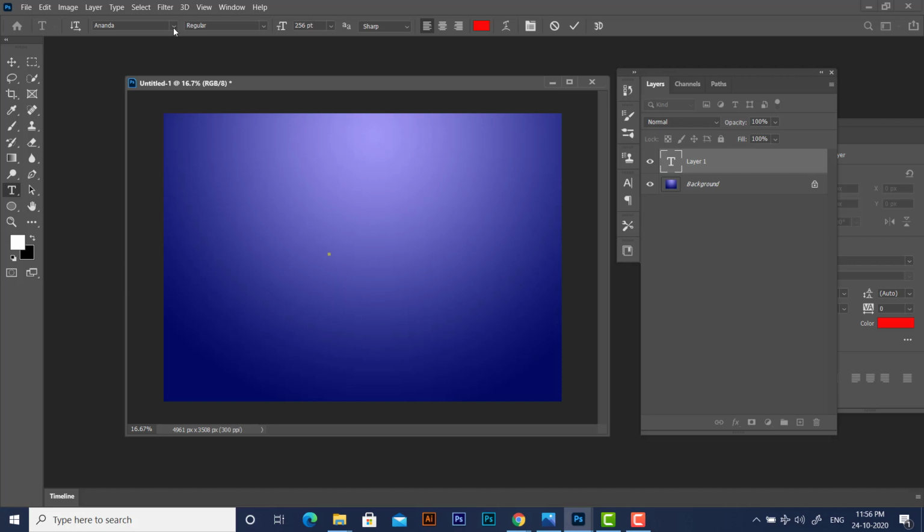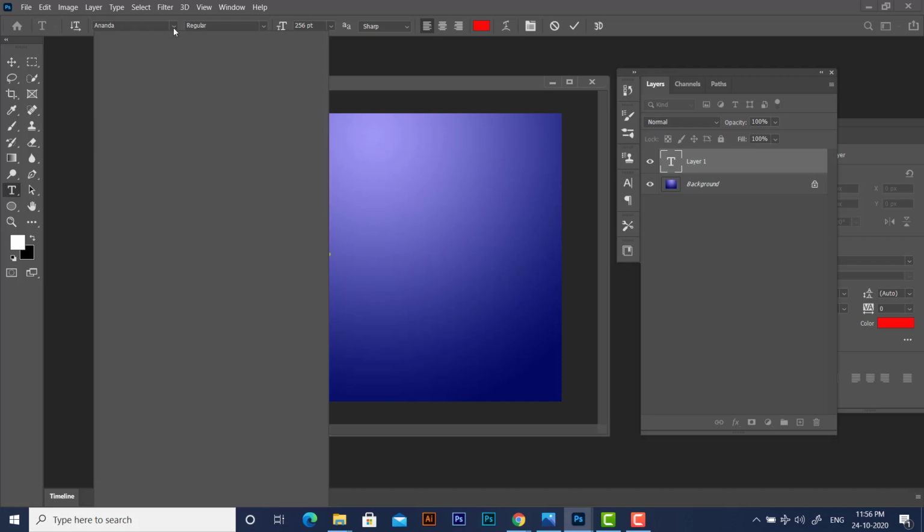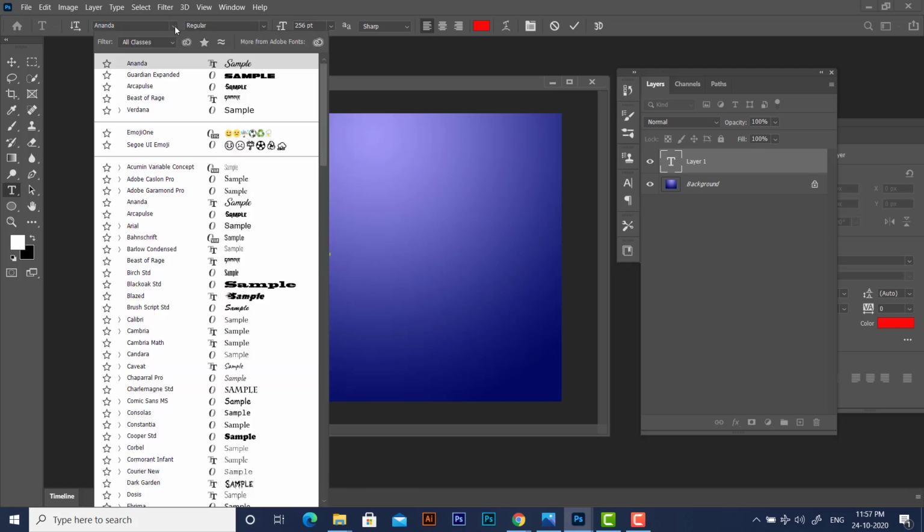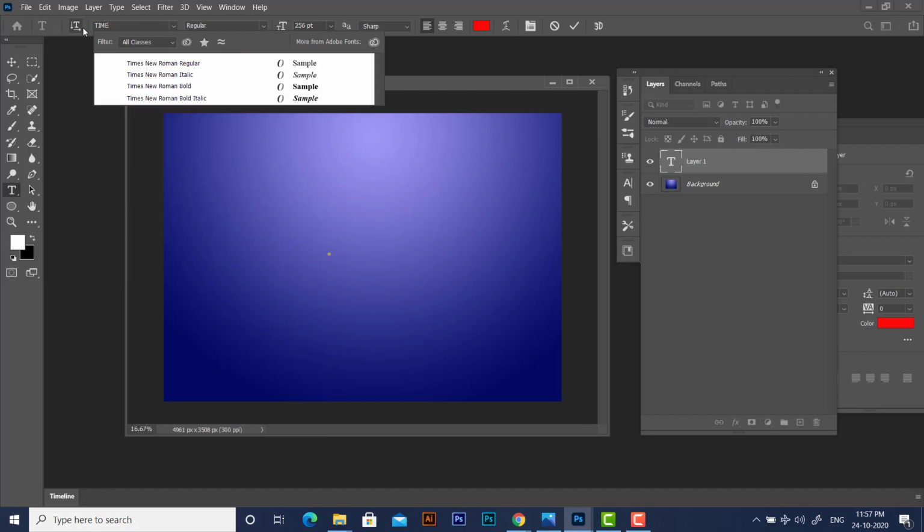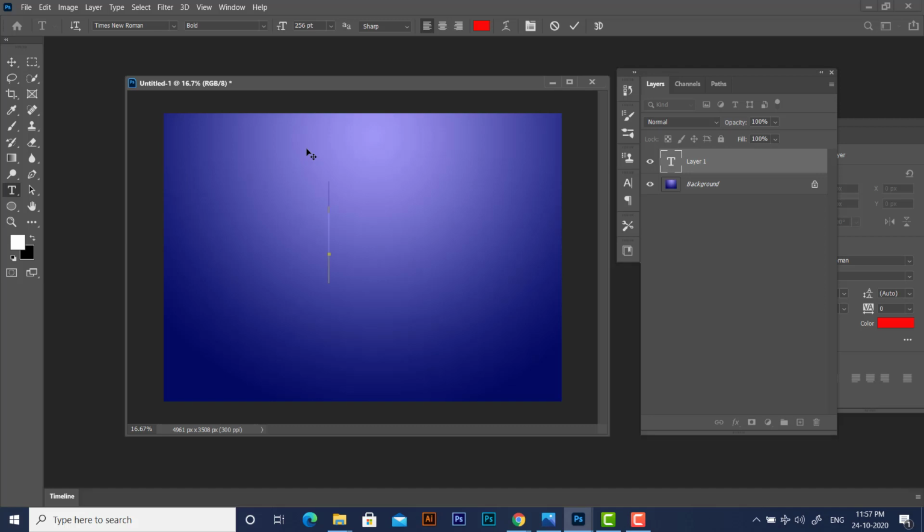Here there is a very big list of fonts I have downloaded from the internet, but for this example I am going to use the system fonts only, because most of you may not get all the fonts that I am using. I can give you the link, but still it's better to use a common font. So the best font for this example is Times New Roman. This font is available in all our systems, all the Windows PC users.